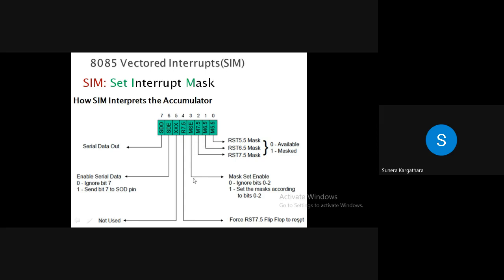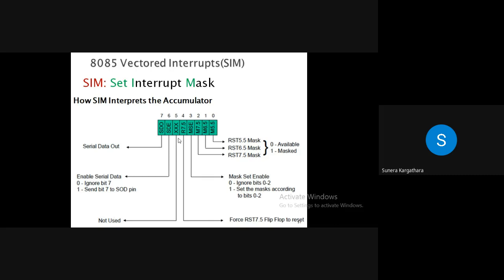First I set my mask set enable to 1, and then I can mask the individual interrupt. Right? If I keep an individual bit equal to 1, that is the masking of that interrupt. If we keep it 0, the interrupt is available. फोर्सफुली यहाँ से तो आप इसको कॉन्फ़िगर कर ही सकते हो, you can mask and unmask, but for 7.5 we have an extra facility: without enabling the masking operation, you can mask it from here also. Am I communicating, student? Right?